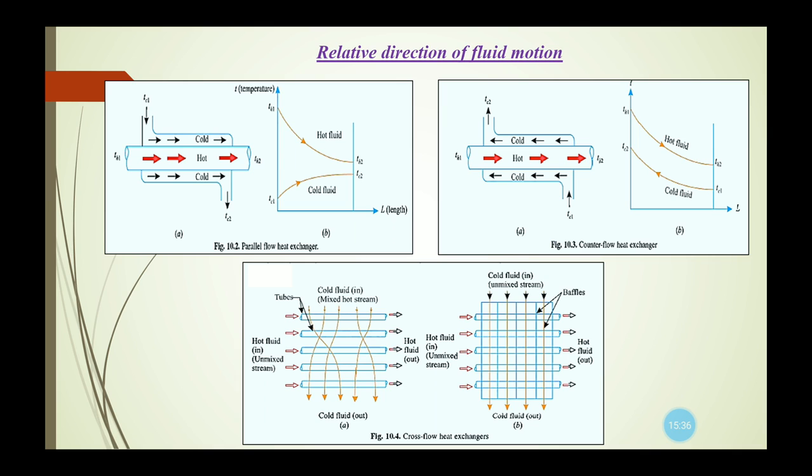So in this cross flow heat exchanger, the two different fluids, hot and cold, cross one another in space. In the diagram you can see that the hot fluids are an unmixed stream flowing through the tubes, and there is no mixing. But the cold fluids are perfectly mixed because they are flowing through the heat exchanger. So this is the nature of the cross flow heat exchanger.